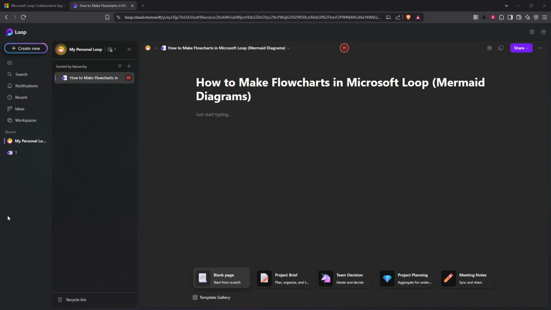First, navigate to loop.microsoft.com. If you're not already familiar, Microsoft Loop is a versatile canvas for your work. Once you're there, you're going to need a workspace to insert your flowchart. You can either open an existing workspace or create a new one depending on what suits your needs. Workspaces in Microsoft Loop are essentially where you organize and store your documents, so pick or make one that's best